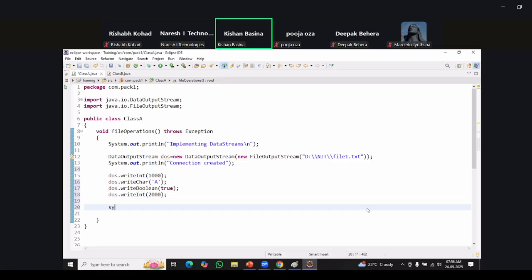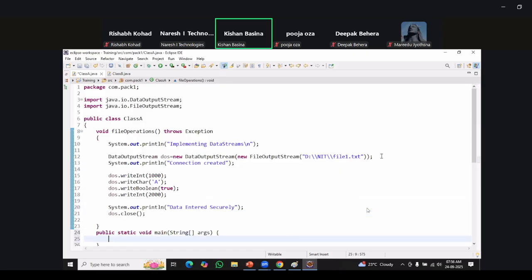That's it. Done. Completed. System.out.println data entered securely. And of course, it's always a good programming practice to close the resource. Let me go to my main method. Now, inside my main method,